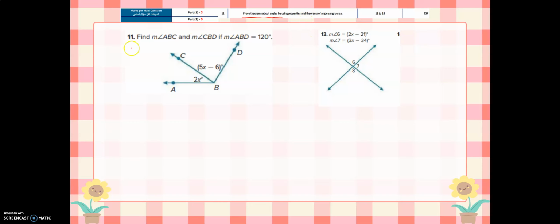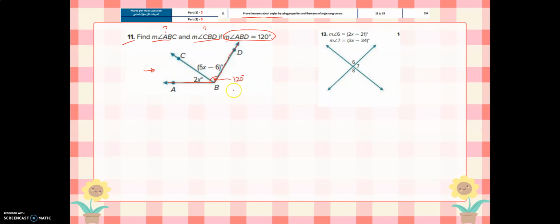So let's begin with question number 11. We are asked to find the measure of angle ABC and the measure of angle CBD if the measure of angle ABD is equal to 120 degrees. So let us look at the illustration given right here. We already know that the measure of angle ABD is equal to